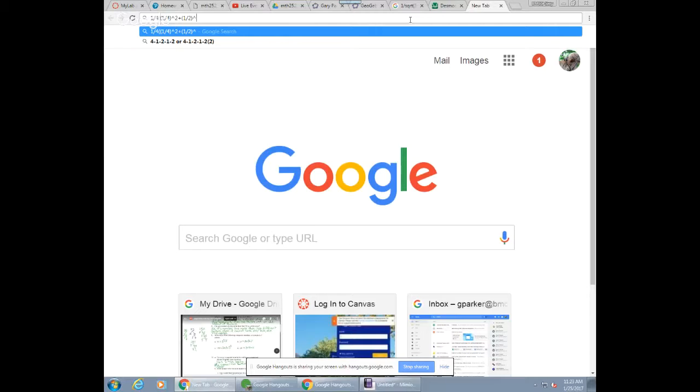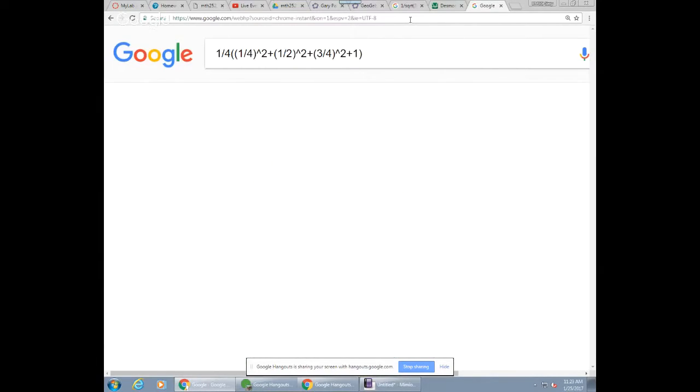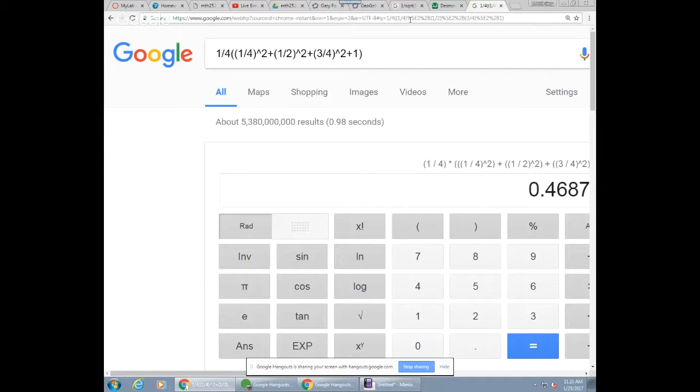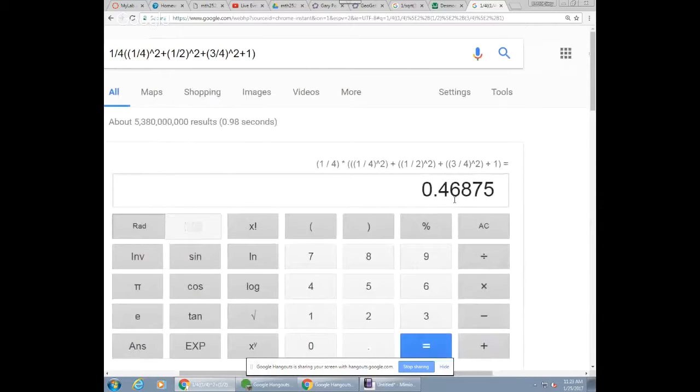If I had thirds in the denominator, oops, plus what's next, 3/4. And then finally 4/4, which is just 1 squared or 1. And so the regular calculator agrees it's about 0.46875. Actually, it's exactly 0.46875,